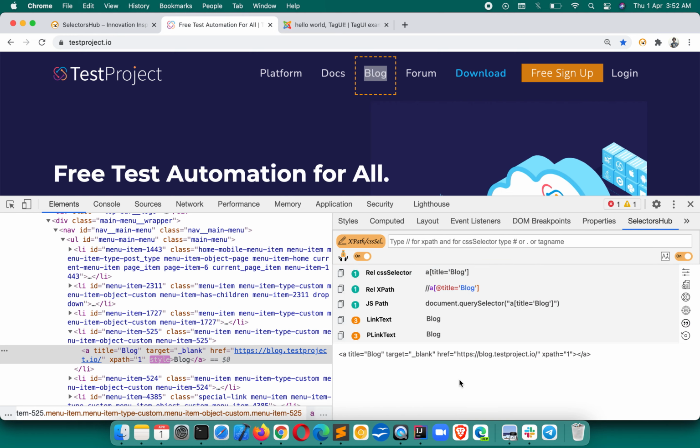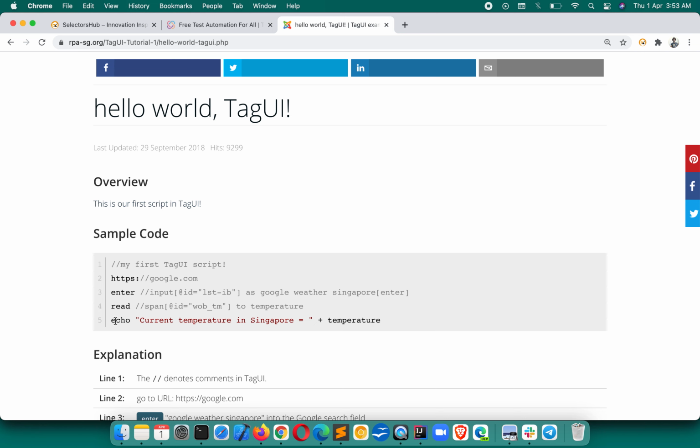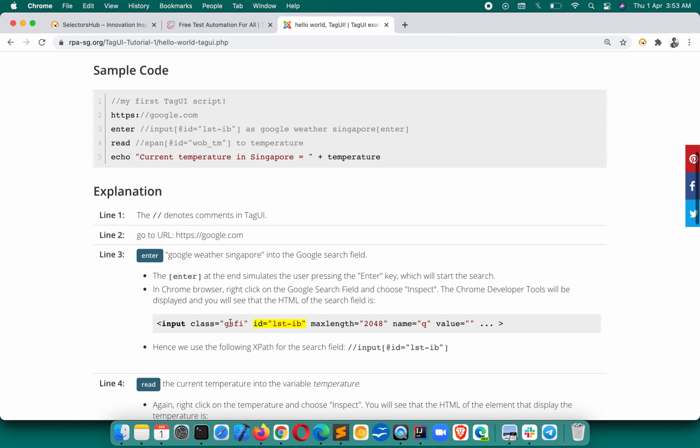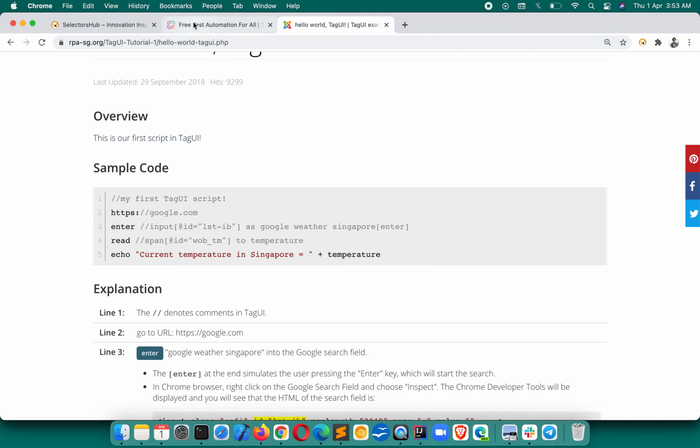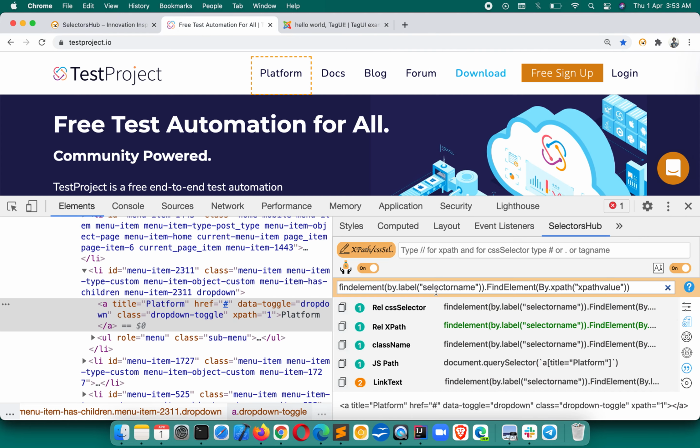If you're writing a command in, let's say, Tag UI, so this is the command basically in Tag UI: echo, and then, or let's say, enter, read, whatever that is. So up to you what kind of command you write here, so that you can add it here. For example, directly you can add it this way.